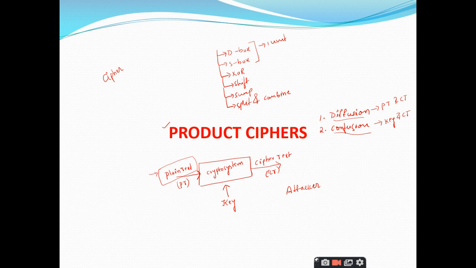Any idea? For example, assume that the attacker has attacked and he got the ciphertext. Can he completely reconstruct the plain text from the ciphertext? There are possibilities, sir. We cannot say there is no possibility. By looking at the pattern of the ciphertext which he had, he can try different methods for getting the plain text, right? So there is a possibility, and this is case 1.